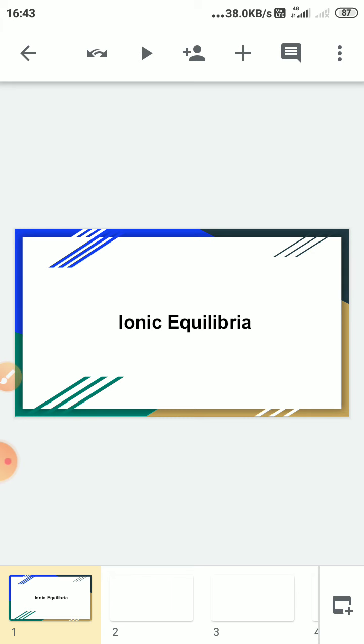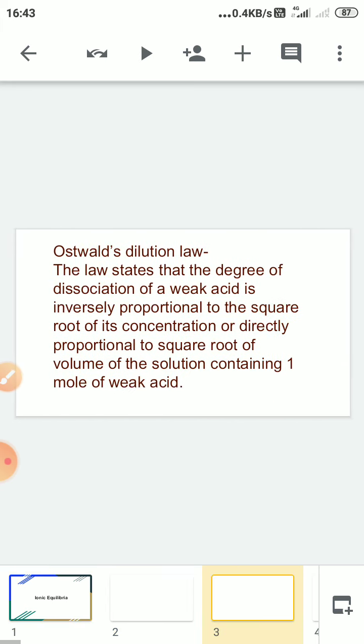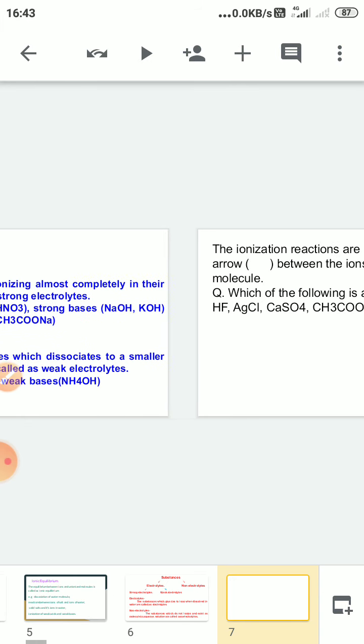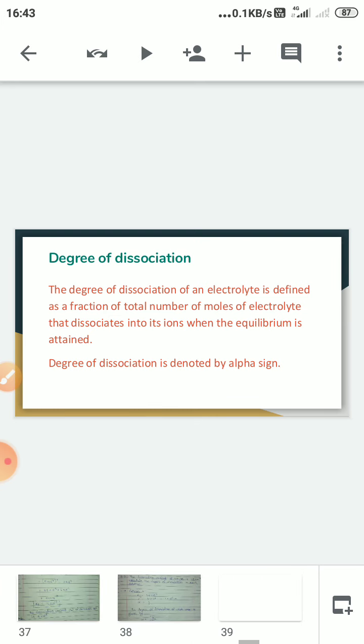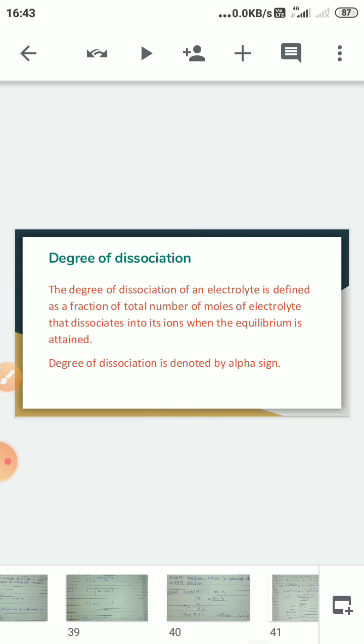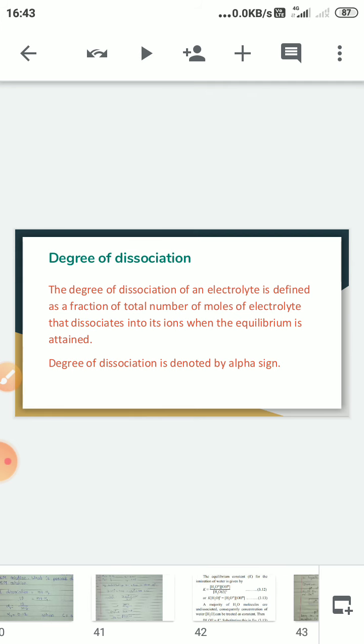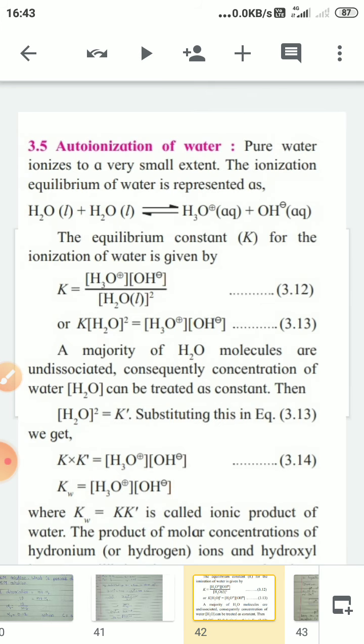Let's start our ionic equilibria. Next point, it is ionization of water. Generally we have seen water molecule is dissociated into H plus and OH minus ion, but when more water molecules are present, then it forms H3O plus hydronium ion and OH minus ion, and the ionization of water molecule is very low, or the extent of ionization of water molecule is a very small extent, and therefore